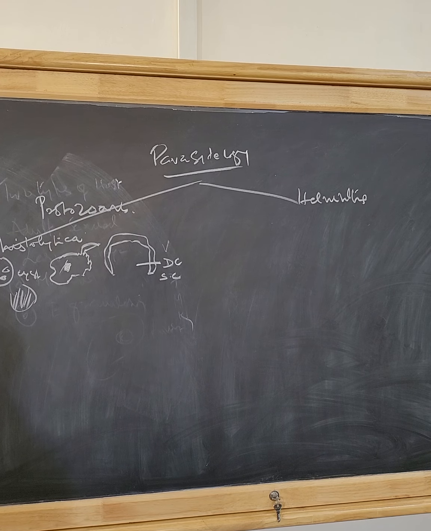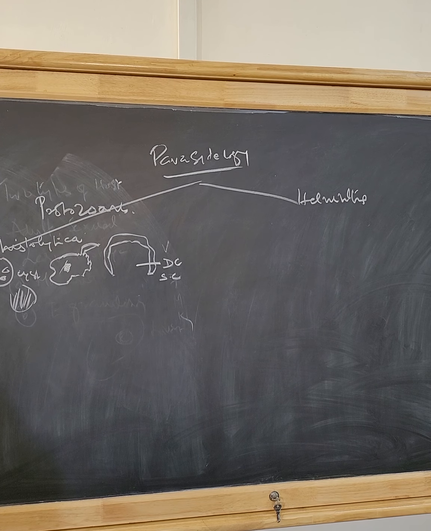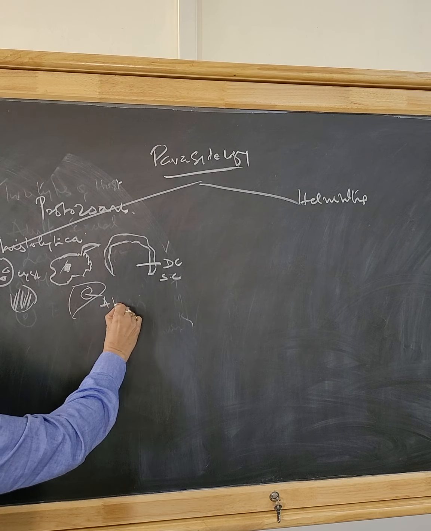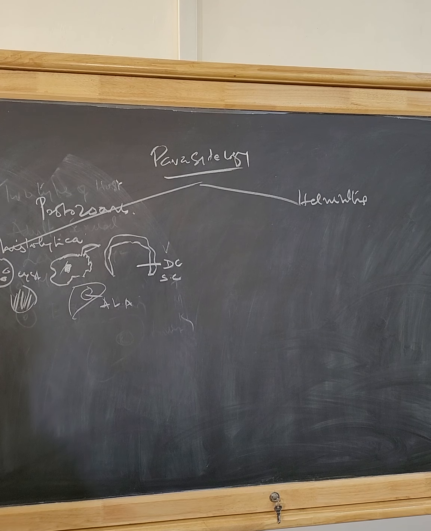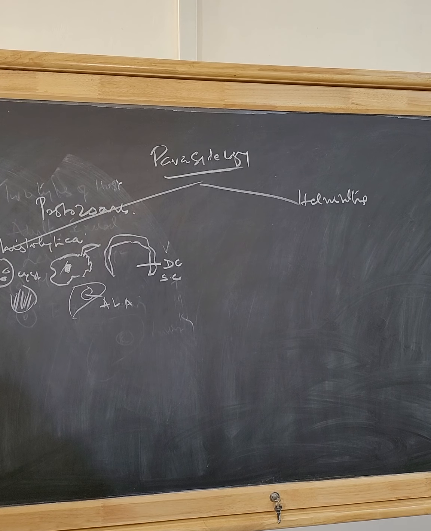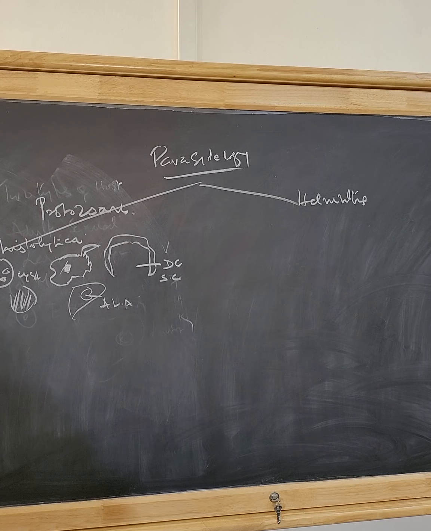Some of the trophozoites go through the portal vein to the liver and cause amoebic liver abscess. When you aspirate the liver abscess, it is chocolate colored. It is called anchovy sauce.